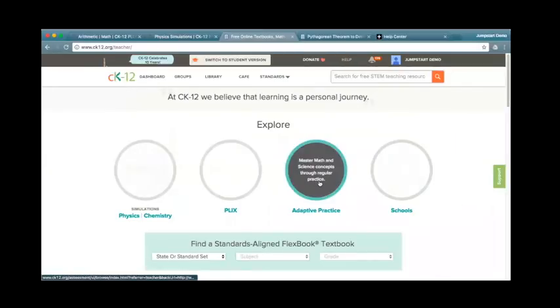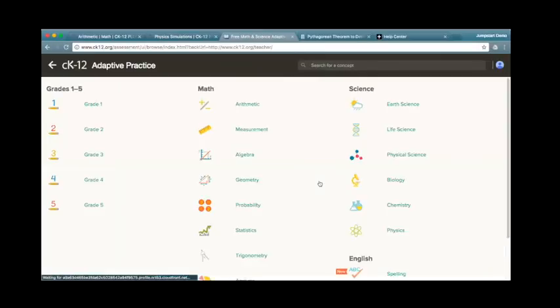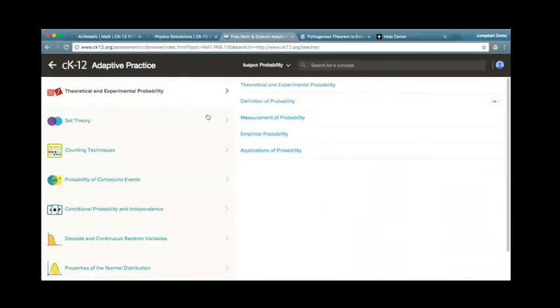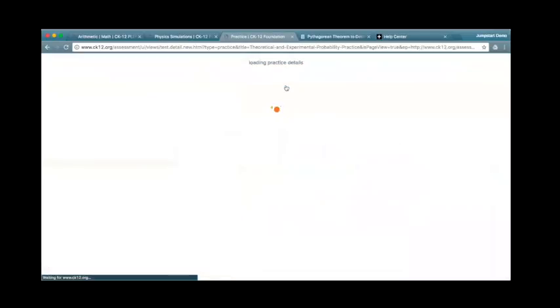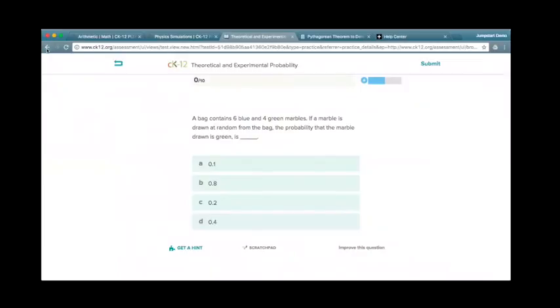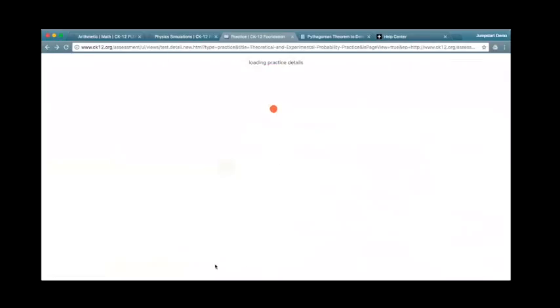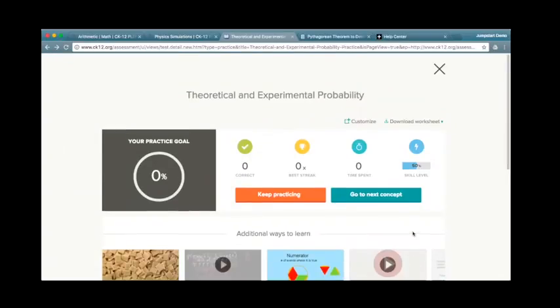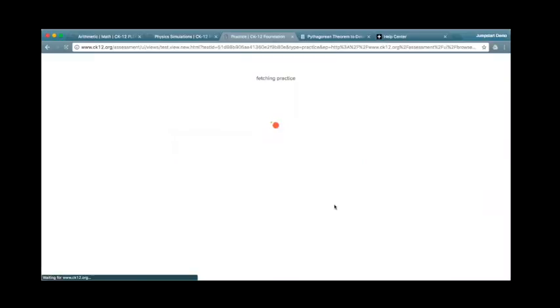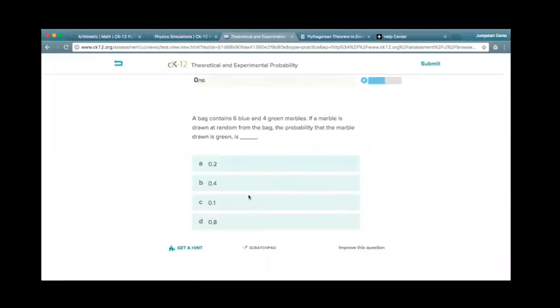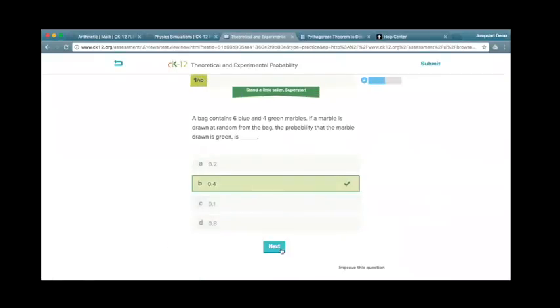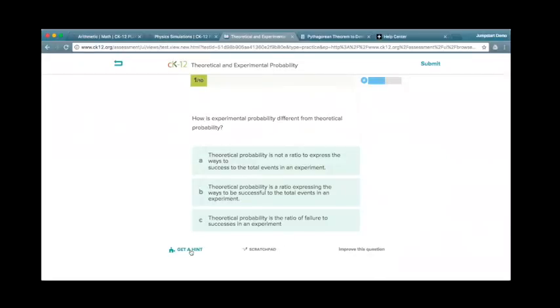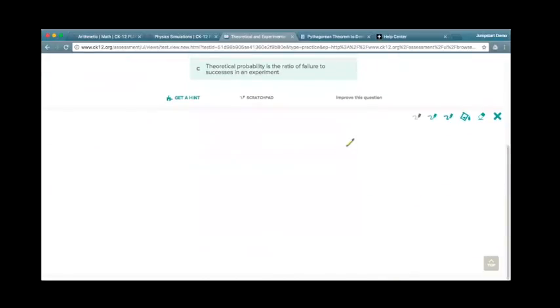You'll see you can actually browse practice through this first part here. Let's say I went to probability. I could pick this first topic on theoretical and experimental probability and start practicing. Let's go back for one second. You might have noticed that it has at the bottom the different ways to learn. Those are your concept modalities. Then if I go into the practice, I can start answering questions. Next question, you might see a hint or a scratch pad to write out options